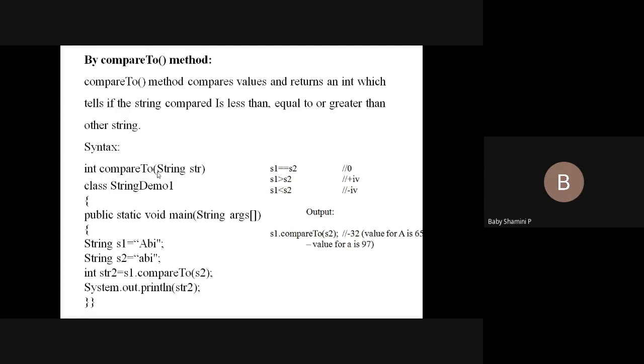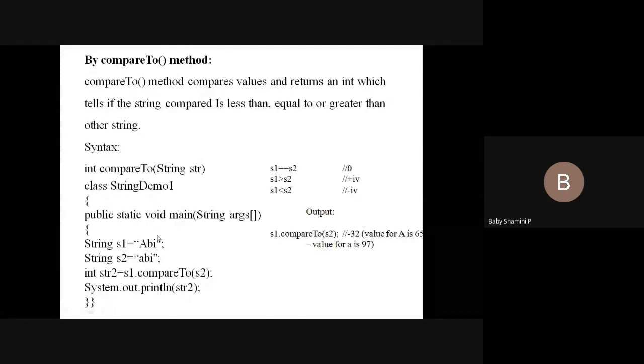And the compareTo method returns some integer value. How to compare: integer str2 equal to s1 dot compareTo. First we find the Unicode value of the first character of the first string and the Unicode value of the first character of the second string. If both Unicode values are the same, it moves to the next character, and if those are the same, again it moves to the next character.